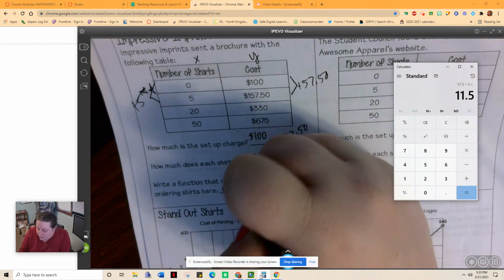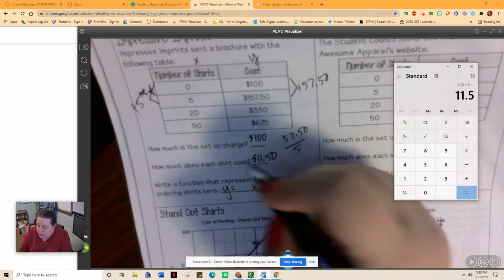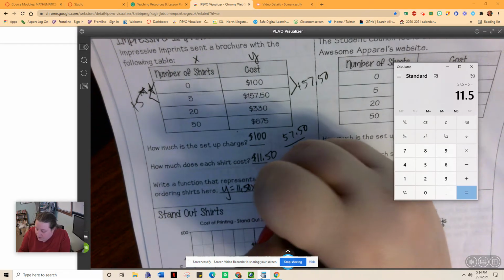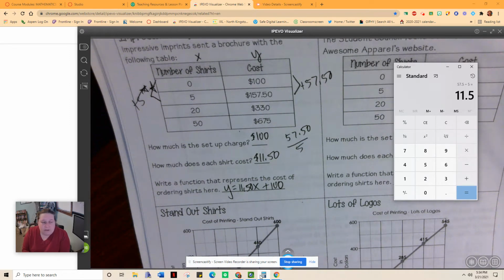Okay. All right, so now we're going to write a function and put this all together. So we know slope-intercept form is y equals blank x and then my y-intercept. So the slope is the cost of the shirts, so $11.50x plus a $100 setup fee. Okay. So once again, this is analyzing the slope and y-intercept from a real-world table as well as writing an